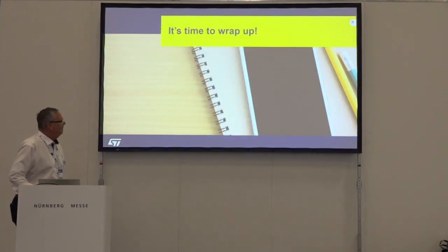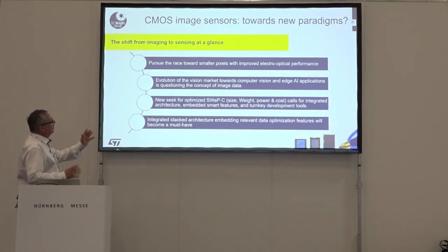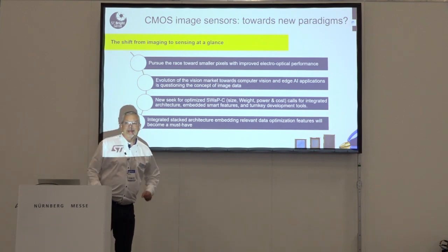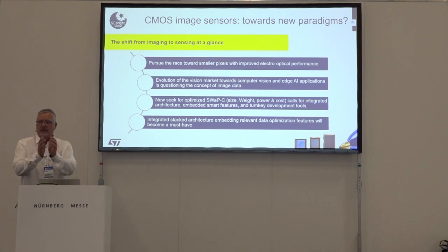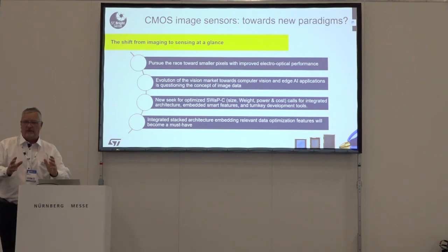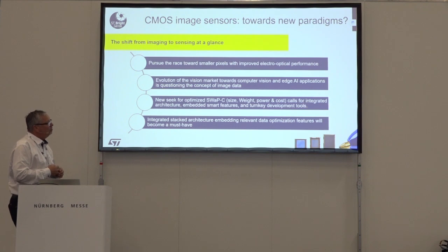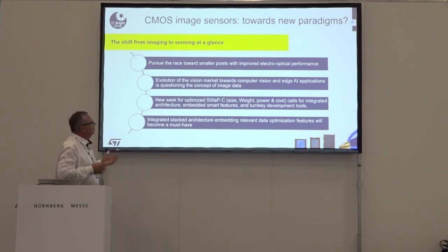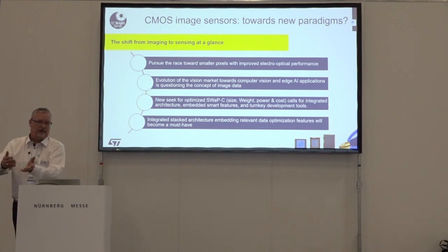Okay, now it's time to wrap up, just to summarize a little bit. The pursuit to race towards smaller pixels with improved electro-optical performance is what we translate from automotive to consumer industrial devices. Super sensors, small, effective, low resolution, low price. This is very important. Evolution of the vision market towards computer vision and edge AI applications is questioning the concept of imaging data. So again, the step from image, looking to image, to information which we can extract and reuse